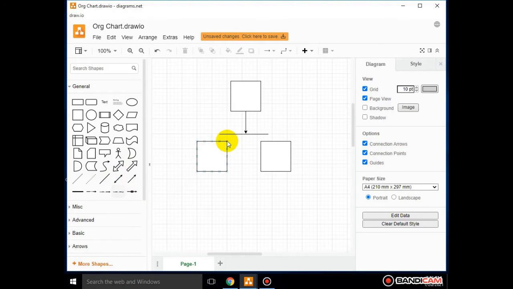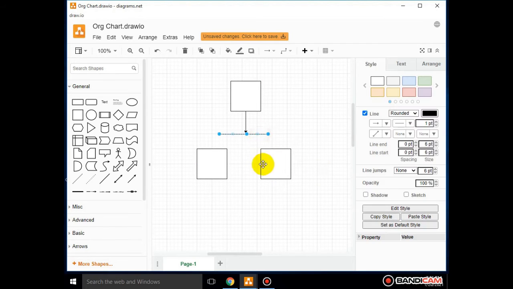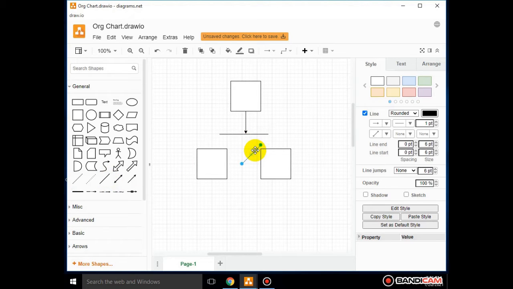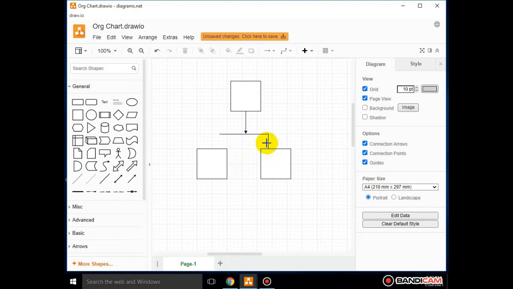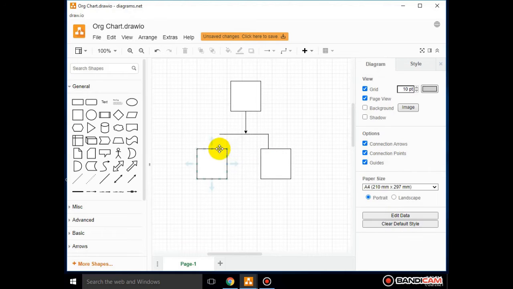You can change the font size and styles of the text. We can give colors to the boxes by using the format panel. On the right hand side we have one format panel, where we can give certain colors and text.